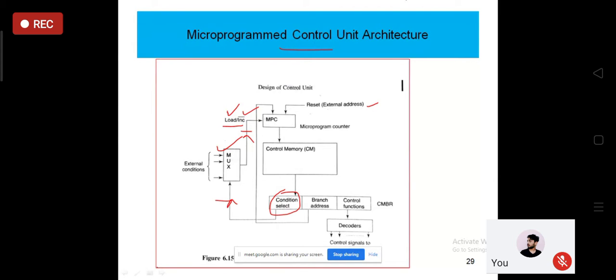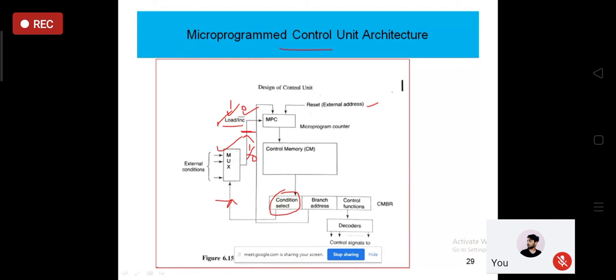Anyways, depending on the selection condition, the output is going to be stored. If this line output is 1, then the load operation is going to happen. And if it is inc bar, that is an active low signal, so if it is 0, then the increment operation is going to happen. So you can check what the selection condition is. Depending on that, there will be two outputs.